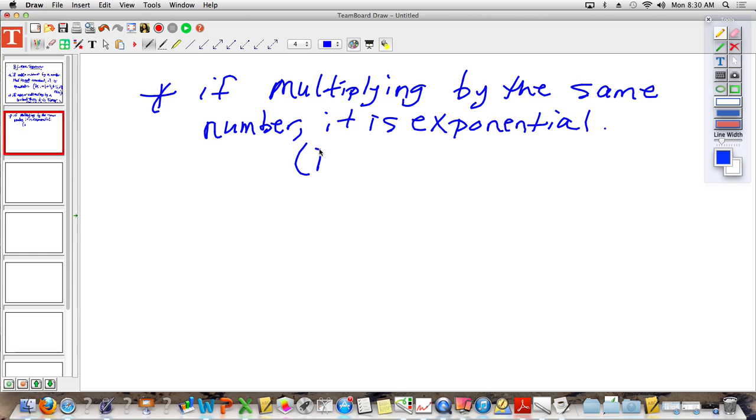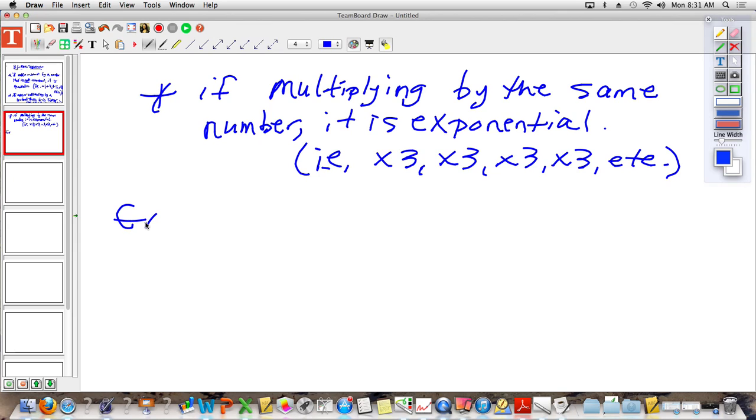So, for example, you are multiplying by 3, and then you are multiplying by 3, and then multiplying by 3, multiplying by 3, etc. That's constantly happening. You have what's called an exponential situation. So let's look at some examples now. First example,